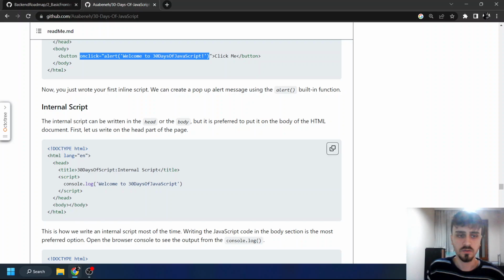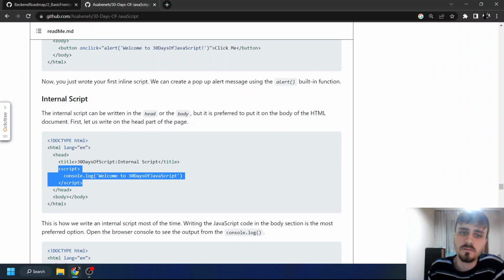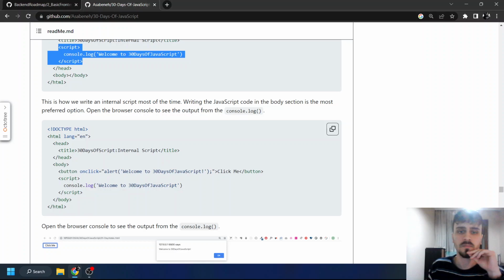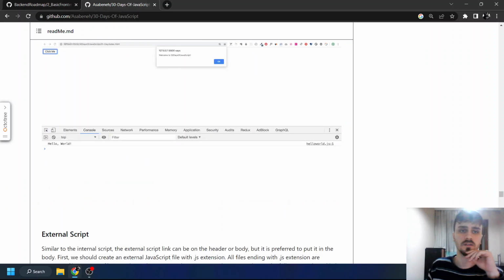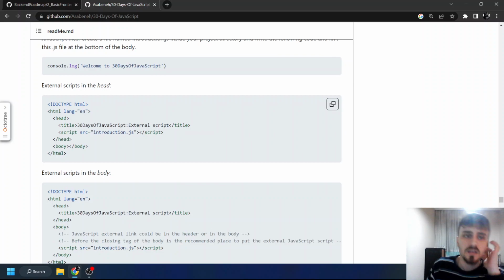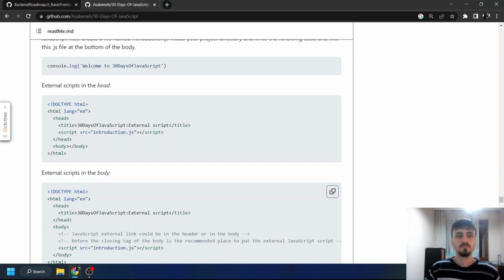You don't see this much, it can be seen, but it's not popular, using scripts inside HTML. It's hard to manage. And another example, external scripting is putting the script tags here with the source file name,